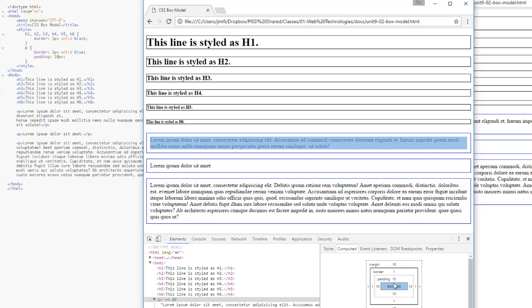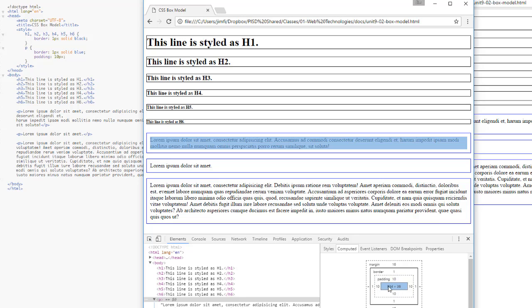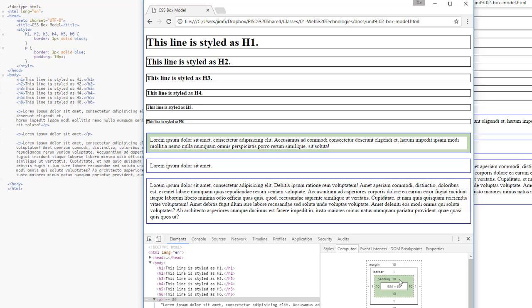So here is the content. I slide it up to the green, and there in that box I can see the padding, and it tells me the size of it right here too. So it tells me the size 934 by 36 pixels, and here we have 10 pixels,